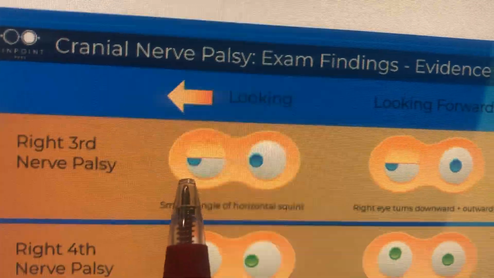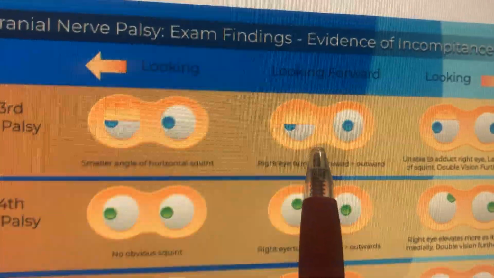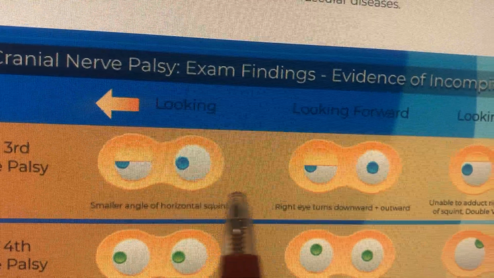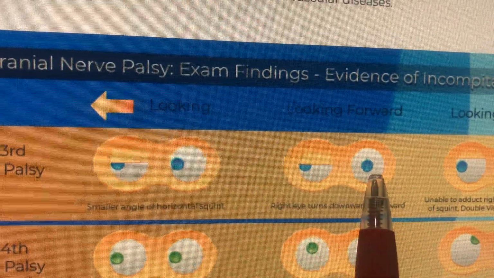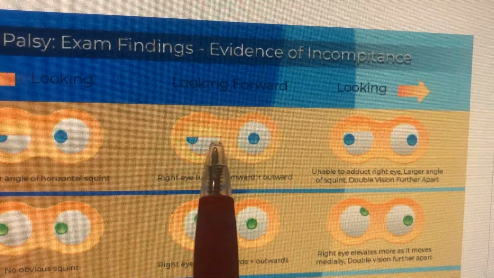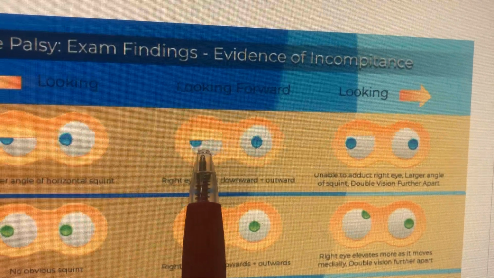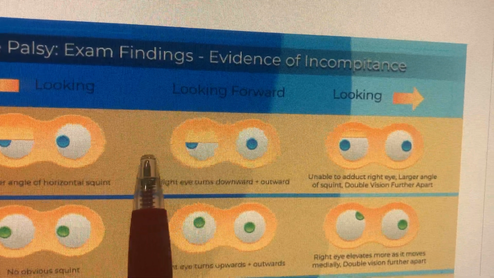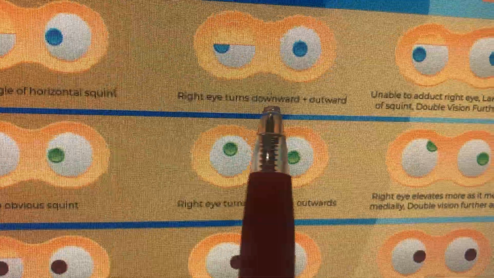eye has the issue. Then we come to the third cranial nerve, which is known as the oculomotor nerve. The rest of the muscles are supplied by this nerve, and you ask them to look forward. Basically, this nerve causes us to adduct, which means looking towards the nose. But in this situation, when they're looking forward, the nerve palsy is obviously unable to move the eye towards the nose, and therefore the eye turns outwards a little bit,